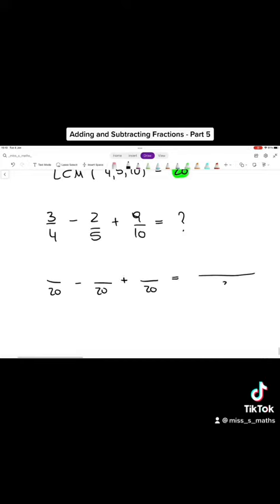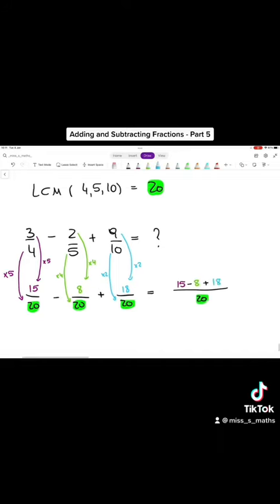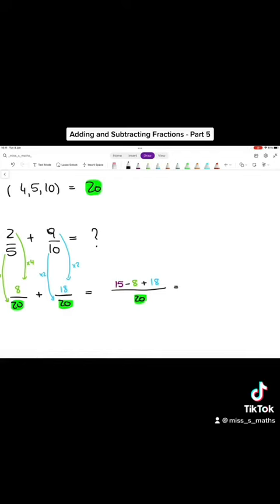So we're going to change them into equivalent fractions with a different denominator by figuring out what to multiply the denominator by and then multiply the numerators by the same number to make sure our fractions are actually equivalent. Now we do that to all 3 fractions and then write all of our new numerators that now have the same denominator on one fraction line, making sure that the minuses and pluses are added in between the numerators accordingly. Once we've done that, we will now actually add and subtract, get 25 over 20,